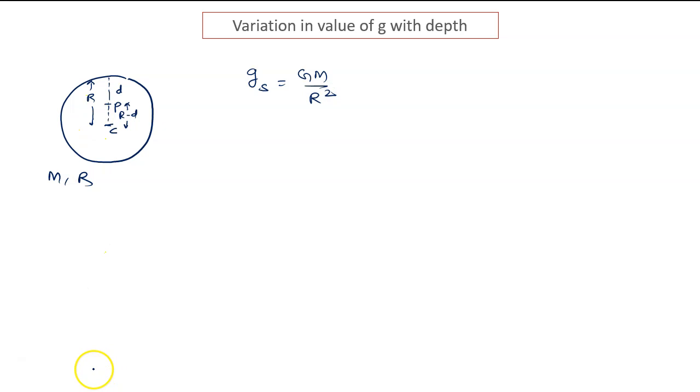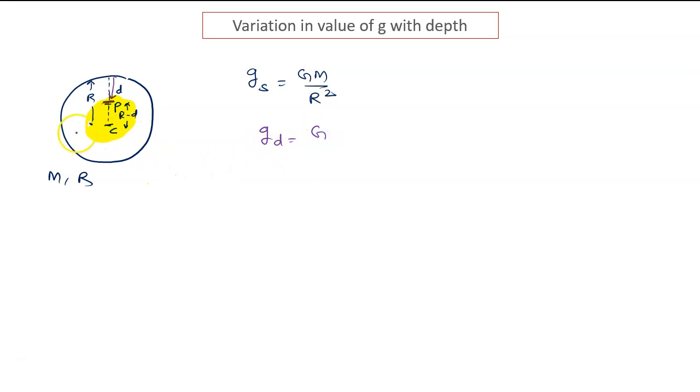अब d depth पे gravity कितनी होगी? This is d depth and we have to calculate the gravity at this point. Means R minus d radius का जो sphere बनेगा, that mass is responsible for the gravity. अगर आप d depth पे P point पे हो, तो P point से जो sphere पास हो रहा है, center of the earth is center, यानी कि R minus d radius का जो sphere है, उसकी वजह से जो gravity होगी, that is the gravity at depth d. So gravity at depth d is given by g.